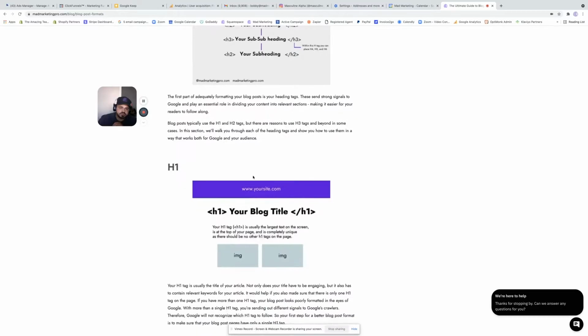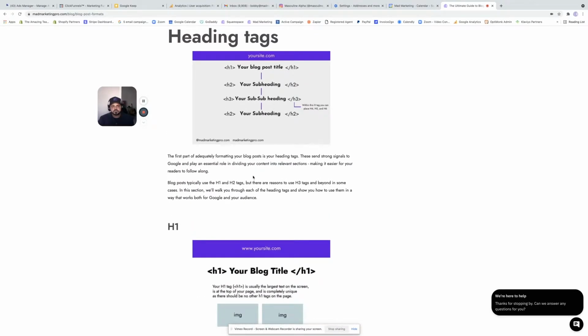So let's jump into these header tags. Your H1 tag is the largest header tag, so it's going to have the largest font usually on the page. Also, it's extremely important that you use one H1 tag per page, and you want to make sure that you're doing that correctly. If for some reason you have multiple H1 tags on your page, there is a possibility that